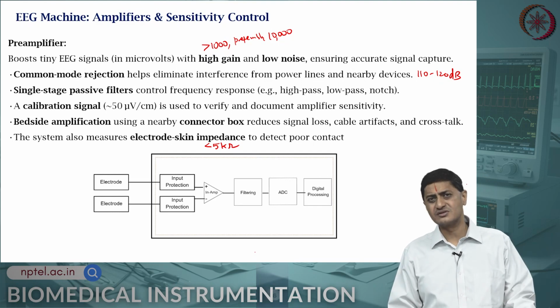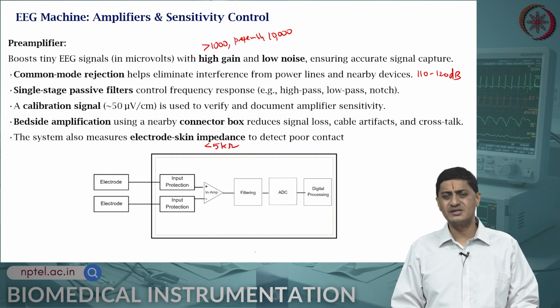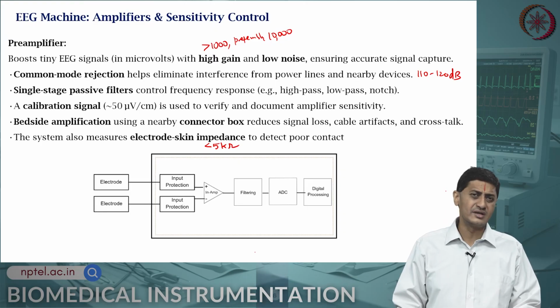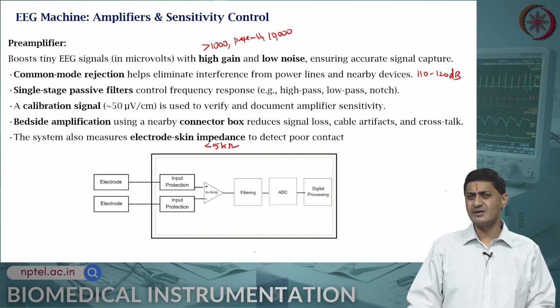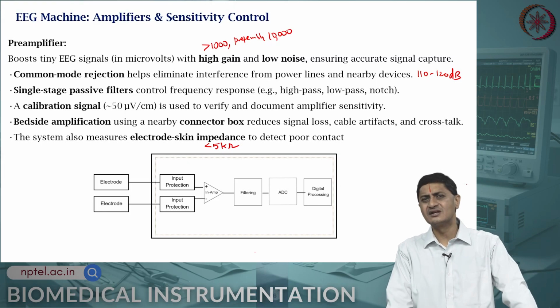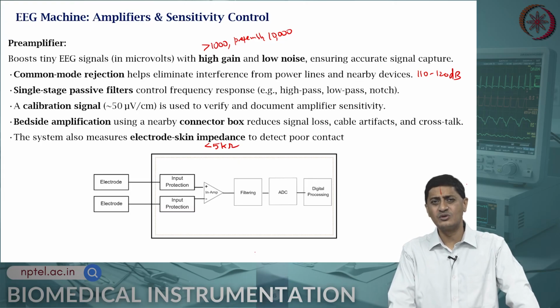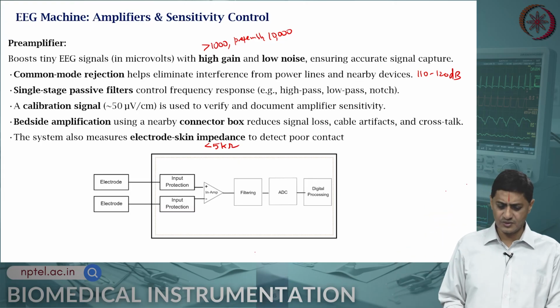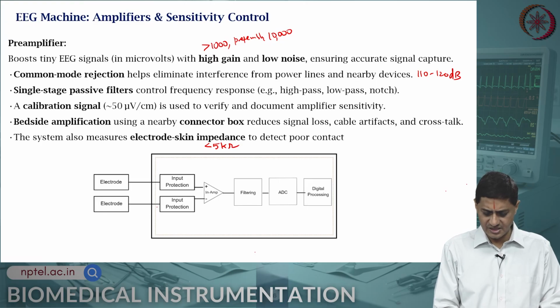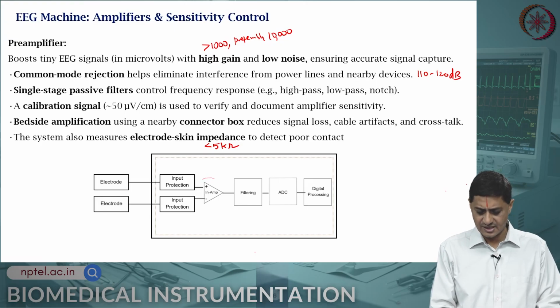For example, if you are performing a sleep study over the whole night, then you are interested in measuring EEG over the whole night. During that time, it is possible that the electrode will dry out. Of course, modern day electrode systems have dry electrode configurations, but they come with their own baggage. We will discuss that. So, there will be electrodes, there will be input protection, and then there is an amplifier